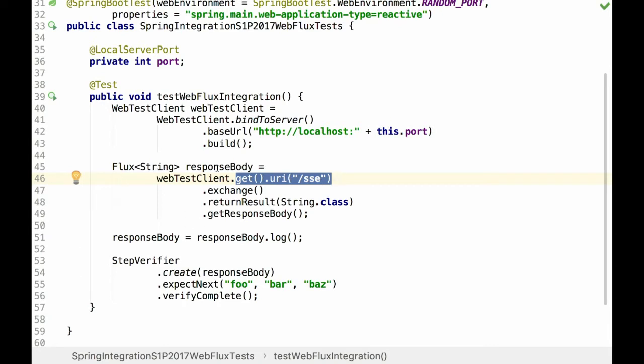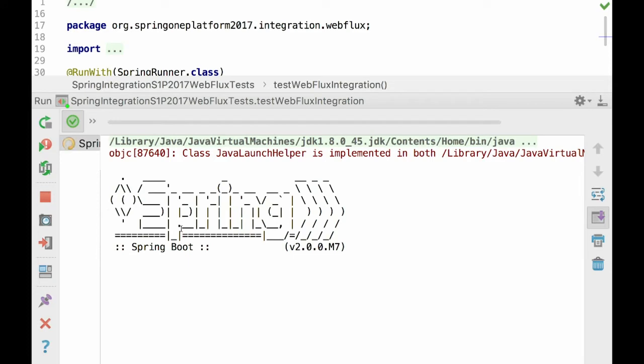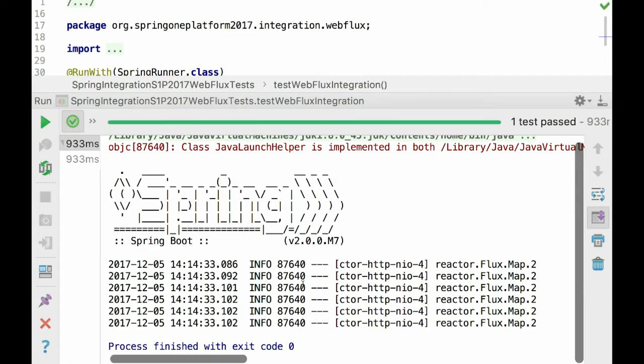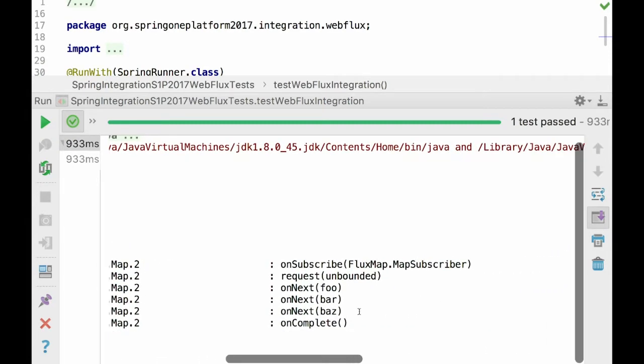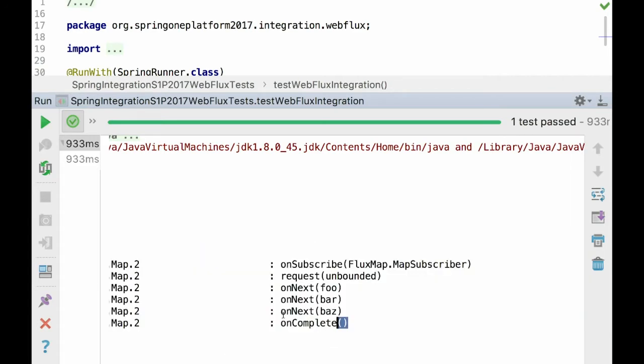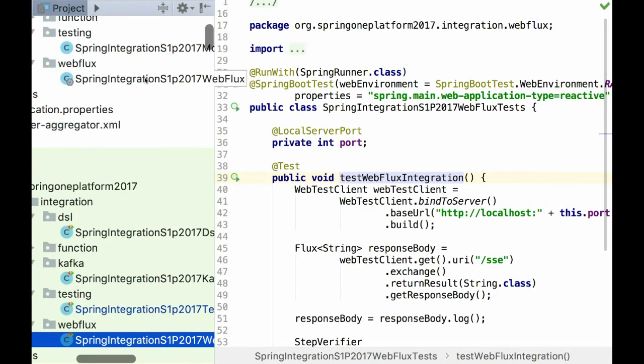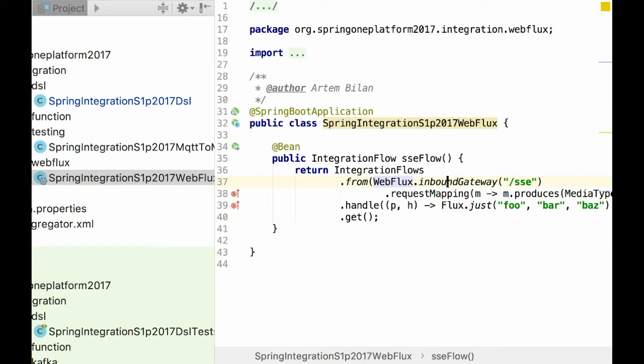We get a Flux, and then we use the step verifier from the Reactor test project to be sure that we consume it and that everything works properly. So here we see some logs from Project Reactor, how we subscribe and consume and then complete the Flux produced by the integration flow, which exposes the WebFlux inbound gateway.